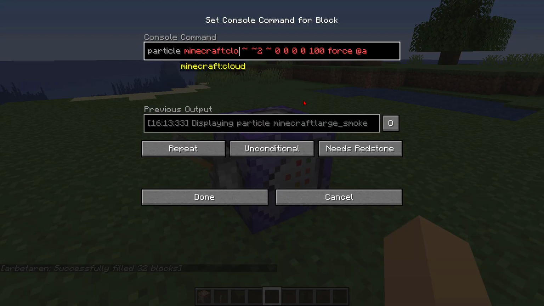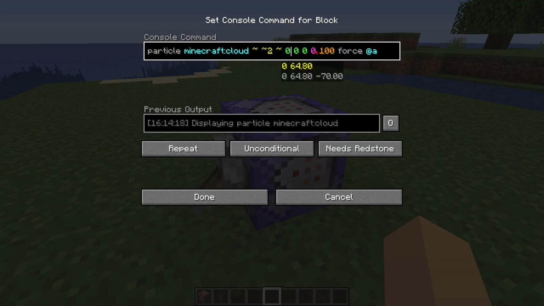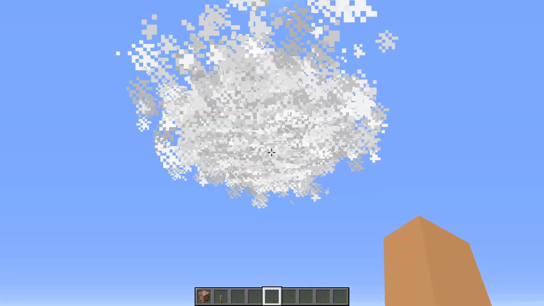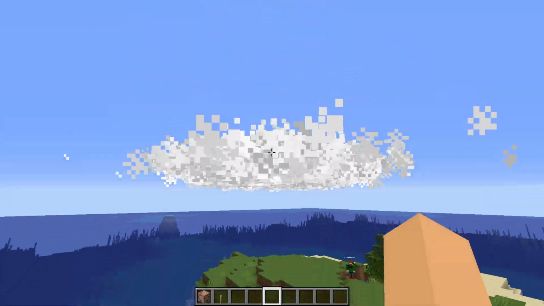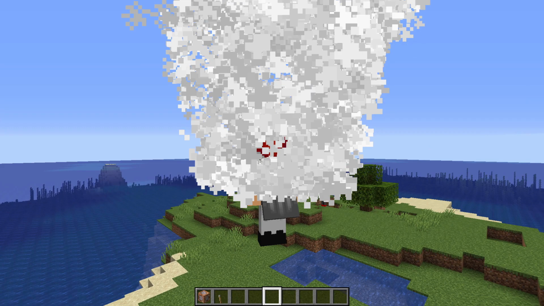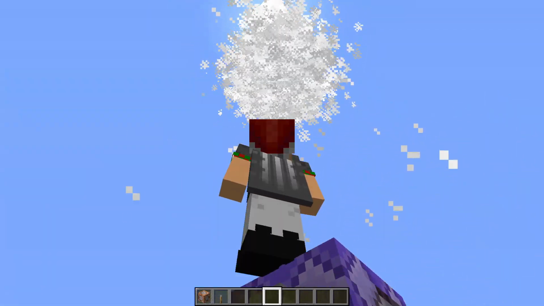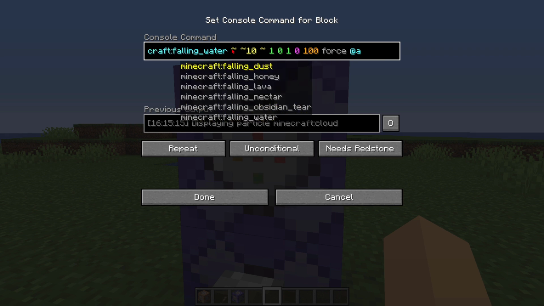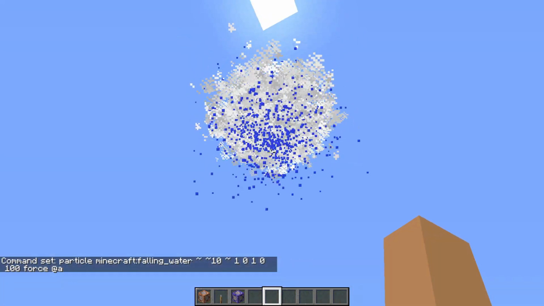If you choose the effect cloud, and increase the radius by its X and Z axis, and also increase its height for where it displays, you can make a cool looking cloud. And what's cool about the cloud particle is that it's interactable. We can make this cloud look even better if it rains. So if we choose falling water as our option,